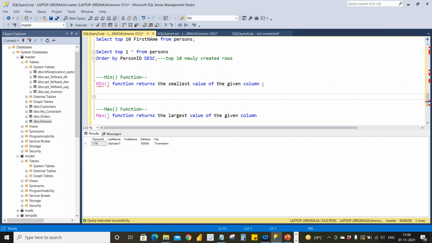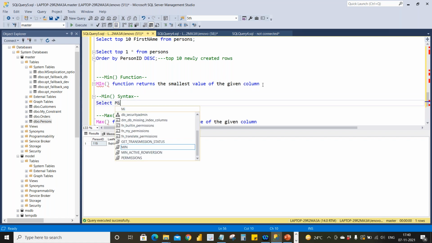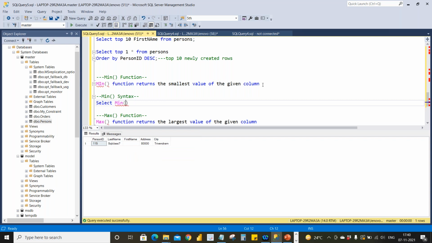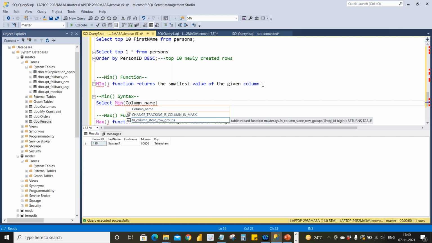Let's see the syntax. Select minimum of, we need to specify the column name. So in college, we need to specify the subject name or the batch name.